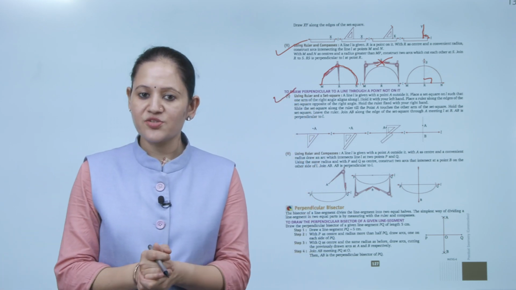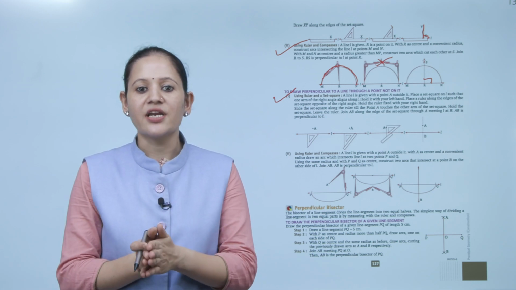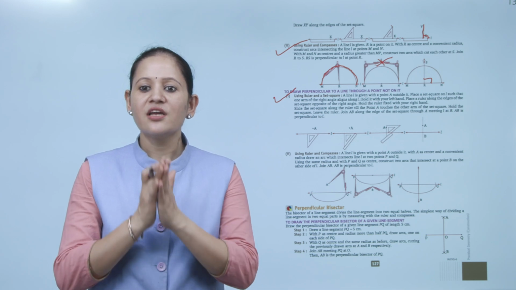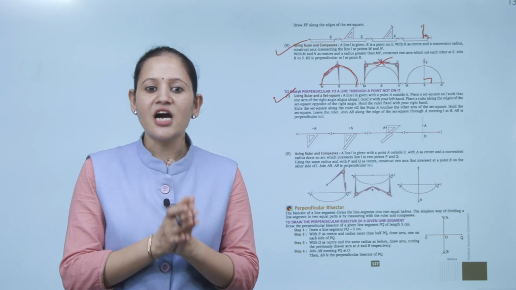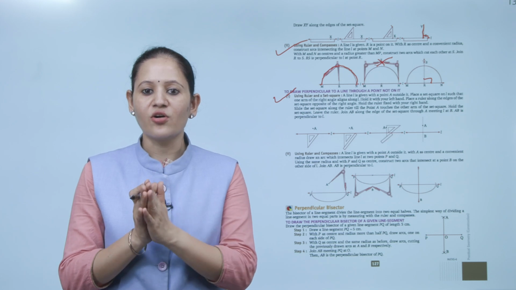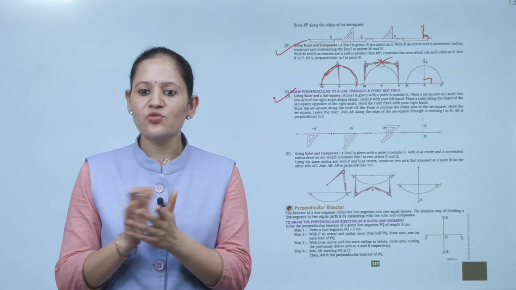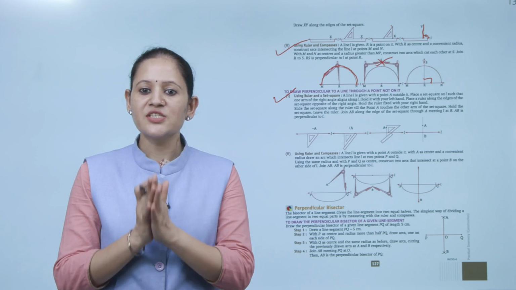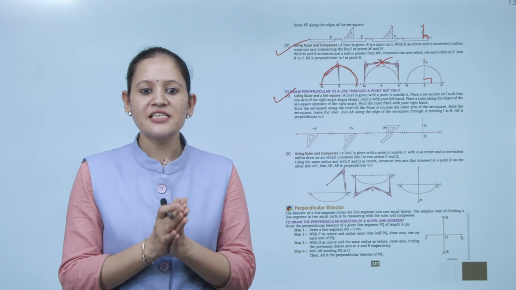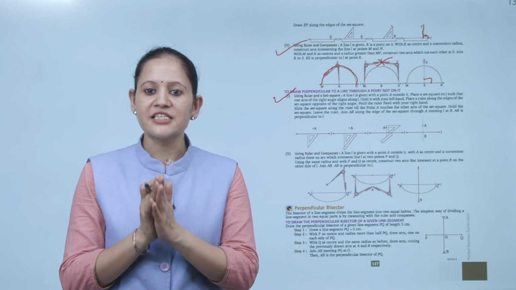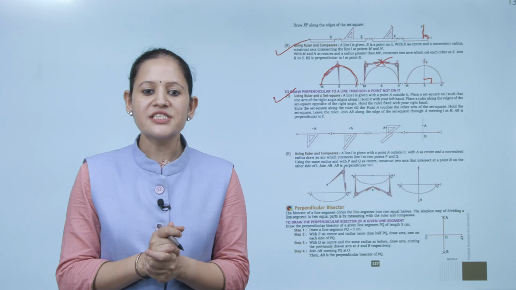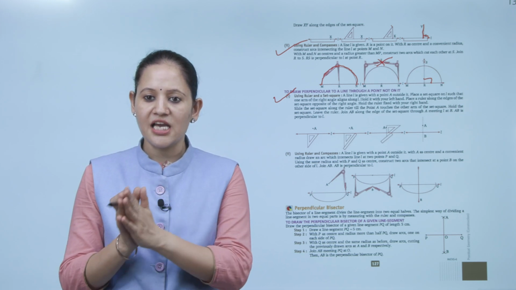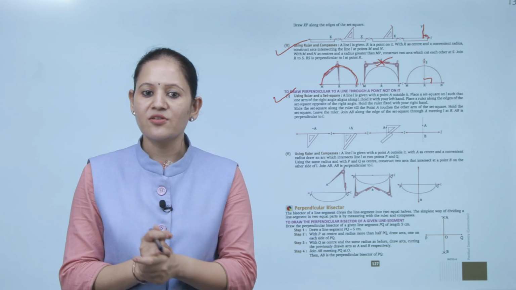So using ruler and set square. First, using ruler and set square. A line L is given with the point A outside it. Place the set square on L such that one arm of the right angle aligns along it. Hold it with your left hand. Place the ruler along the edge of the set square opposite to the right angle. Hold the ruler fixed with your right hand. Slide the set square along the ruler till the point A touches the other arm of the set square. Hold the set square, leave the ruler, join AB along the edge of the set square through A meeting L at B. AB is the perpendicular to L.